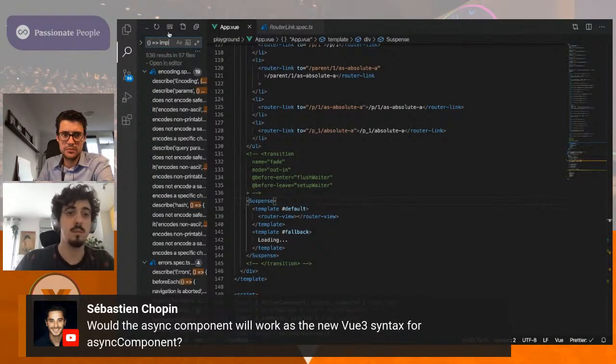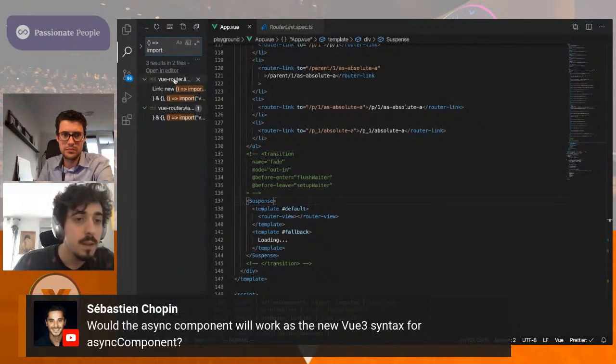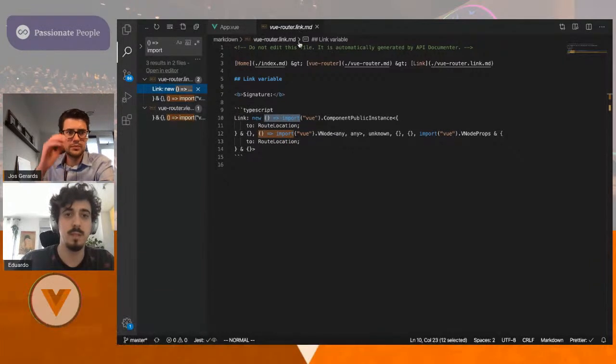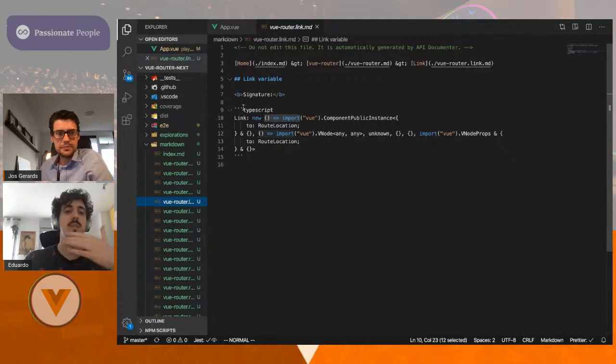Well, yeah, port. What is this? Oh yeah, this is generated. I don't have an example, but basically the lazy loading of routes doesn't change for Vue router Next because it's not an asynchronous component, it's different.